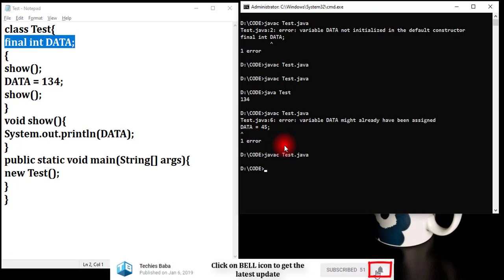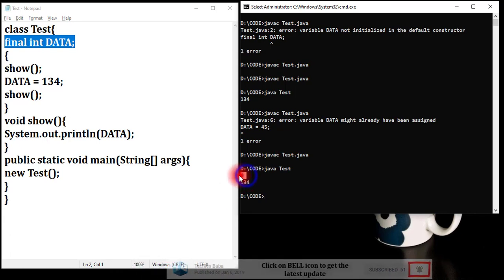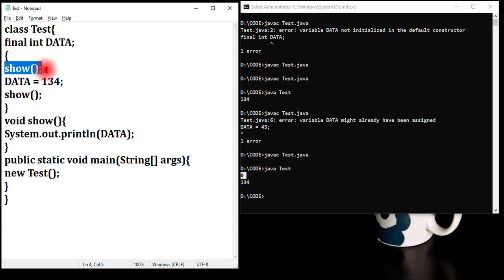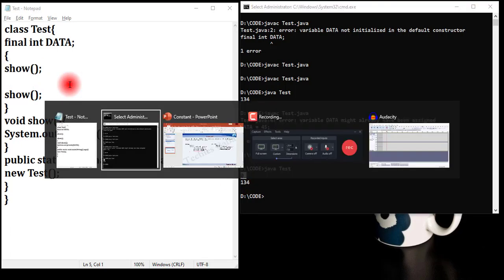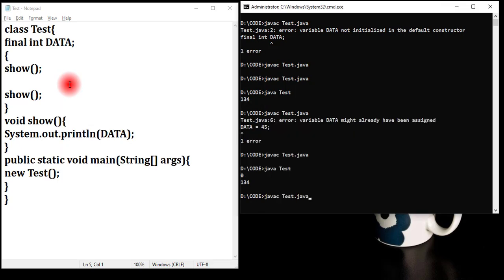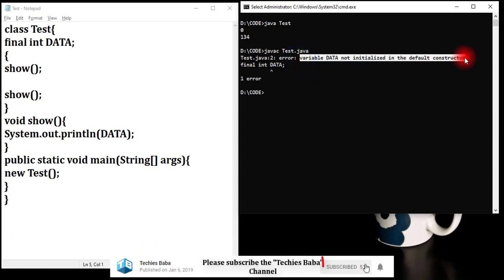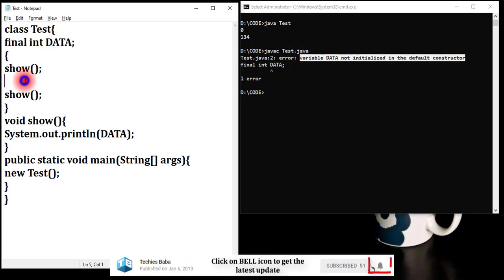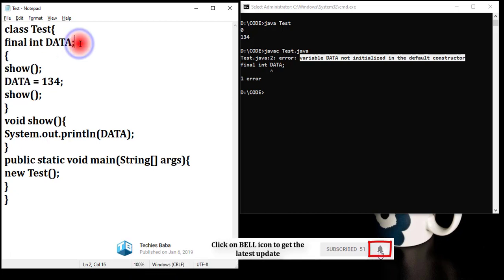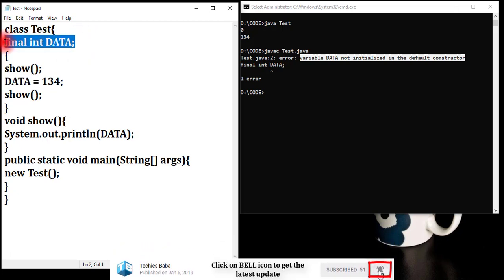Compiling and executing. It is saying 0. So when show is called first, it is showing 0, and after initializing, when it is calling show, the value is 134. But if you don't initialize this explicitly and try to use it, your compiler will always report the error saying that the value is not initialized. Actually, for a final variable, the concept is you have to initialize in the same statement.